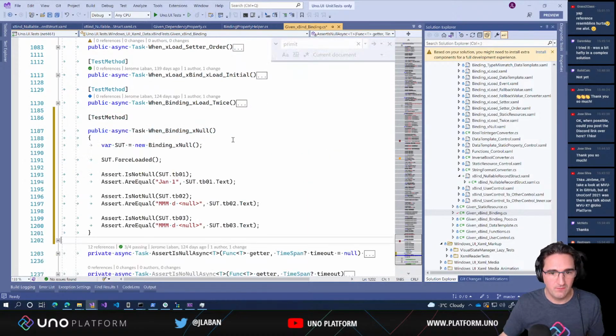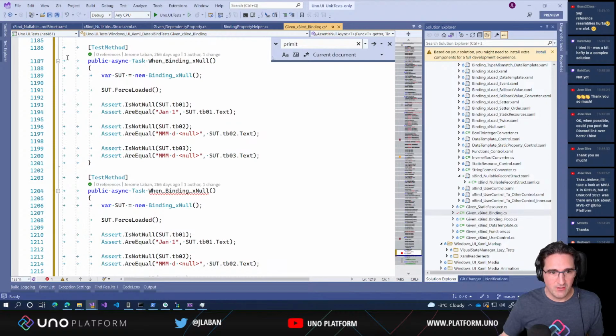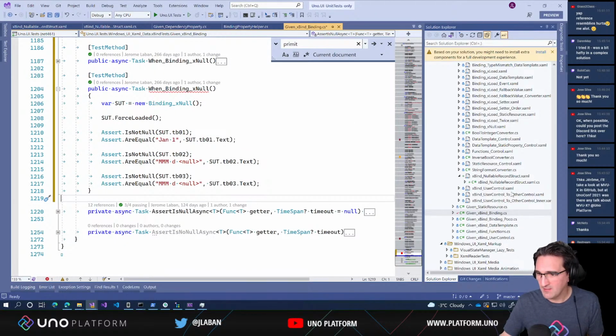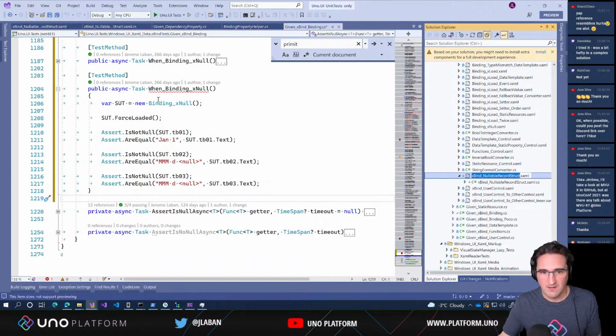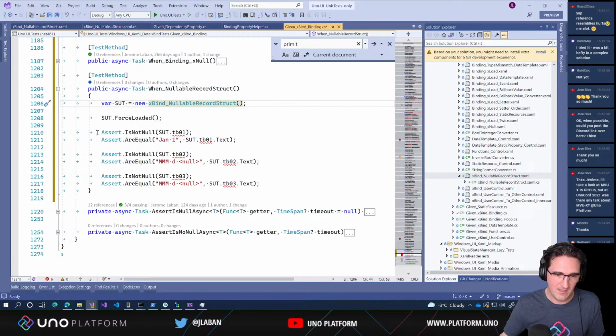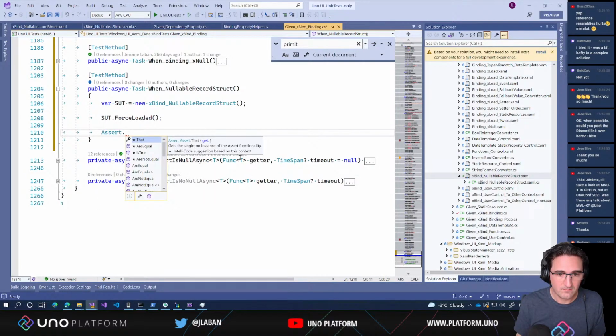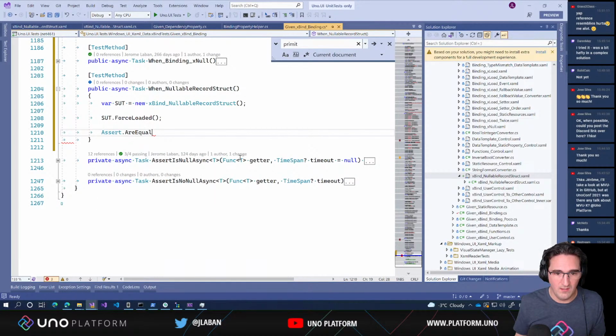Okay, so we have a new binding here. So what we can do is create the test with the same name. So when xBind nullable record struct, and the name here is xBind nullable record struct. We force load it because we're in a test. And then what we're going to do is validate that